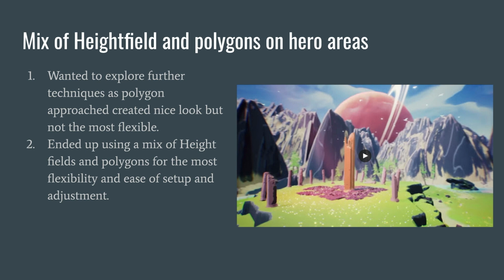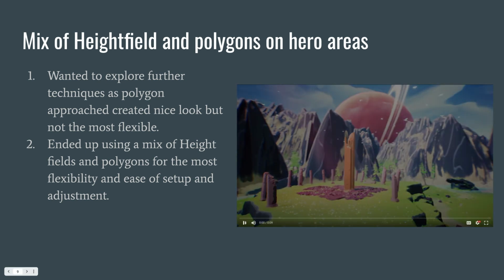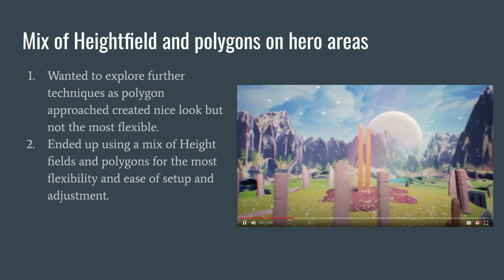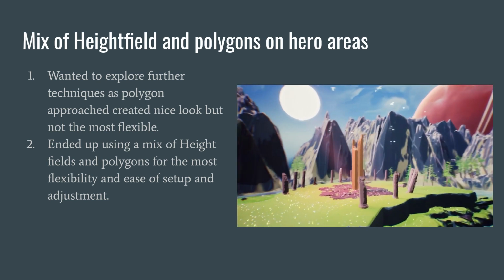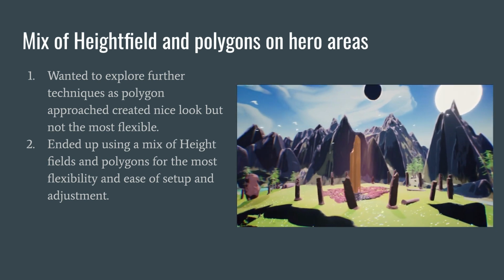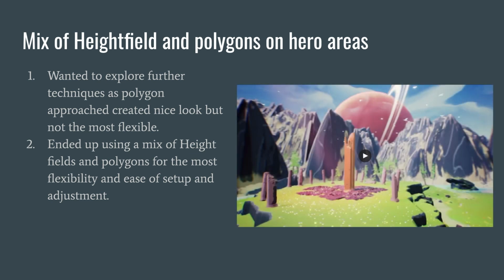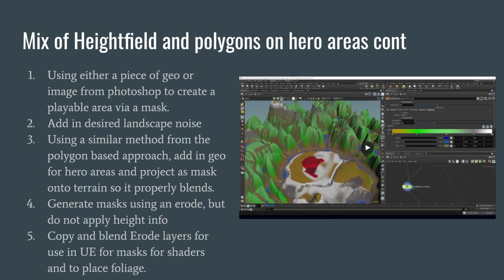So I think the approach that we're going to use moving forward is this next one that we're going to get into here, which is basically using a mix of height fields and polygons in certain areas based on the height field information. And I think this is a more flexible approach. As you can see here, this is the end result in engine, a level from our game using this approach. So getting into it here,